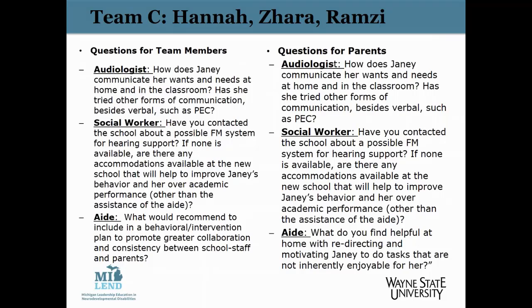I would just add that with the iPad, I believe I read that she didn't use the device across her settings, so those skills are usually not going to generalize without teaching. I know this isn't my role directly as a medical student, but as someone who has worked with children on communication deficits, that would be something I would be worried about, that if we're only using the device at school, that might be why we're seeing a lot of troubles in other settings. Thank you. I'm just going to interject and please say your name when you start talking, just so that we know who's speaking up, and what role you're speaking about.